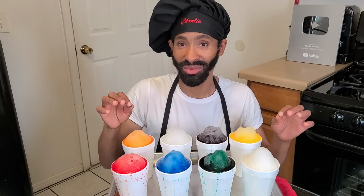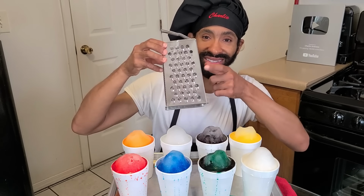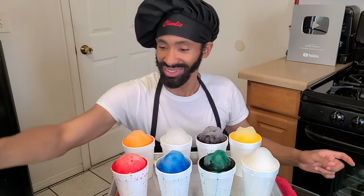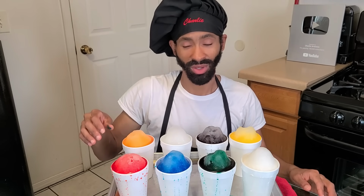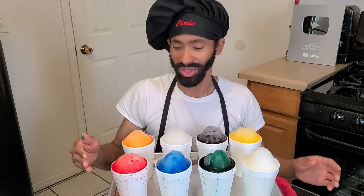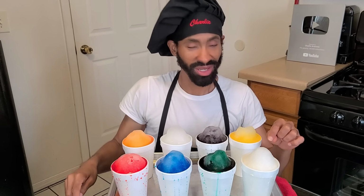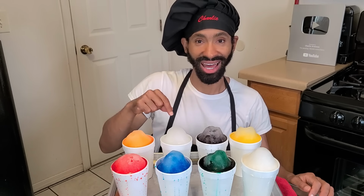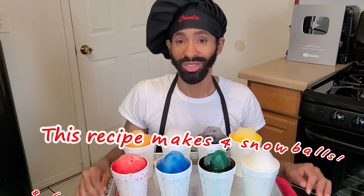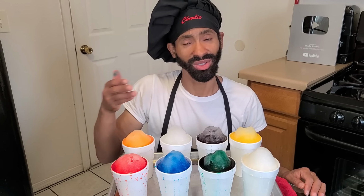Now it does take a little work, but we're going to use this to shave the ice, this right here. And from there, after the ice is shaved, we're going to make some flavored syrups. Now the flavors of the snowballs all go according to the color. For red we have tropical punch, blue is bubblegum, green is spearmint, cream is cream of course, orange is orange, pina colada, grape, and pineapple. This recipe makes 8 snowballs, but it can be cut in half to serve fewer people,